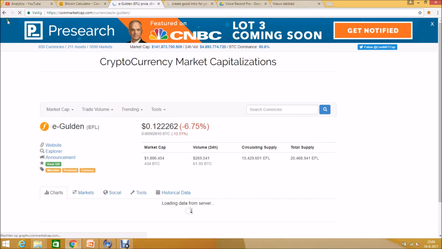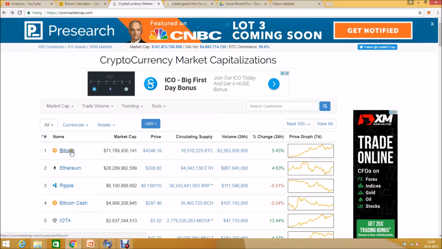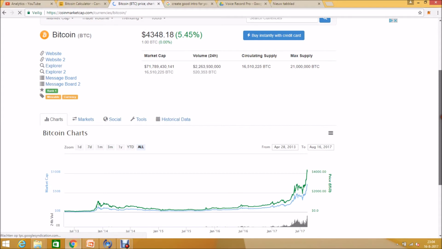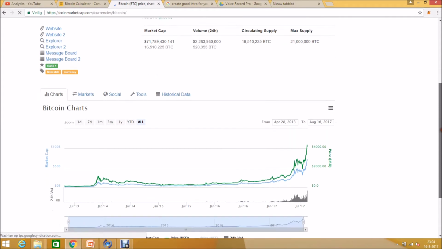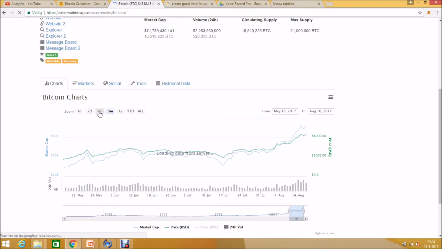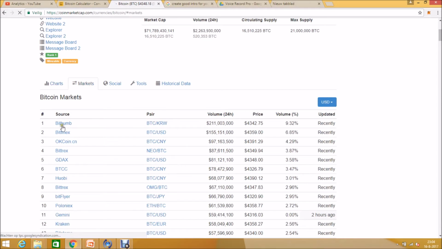If I go back, you can also just click on one of the names, the market cap or the price. If I click on the name here, I can get some more information. Of course, you can look at the charts and change the timeline of the chart to the periods you want to see. But you can also find for each coin where you can buy and sell it. You click on markets and you will find information on what exchanges you can buy or sell the coin